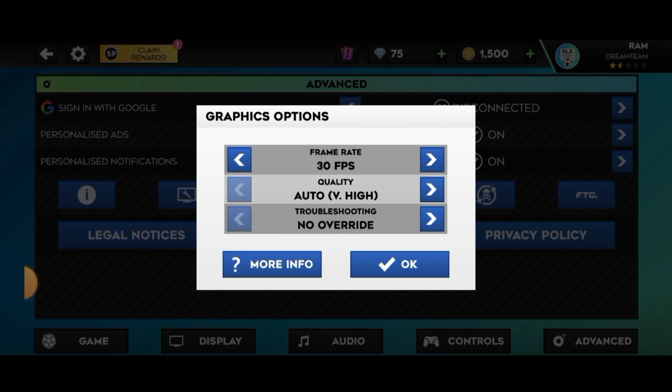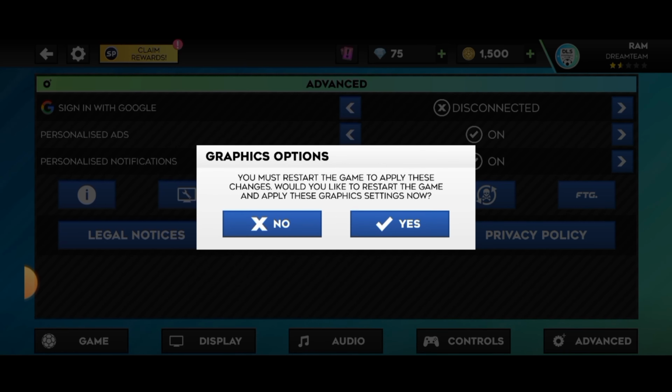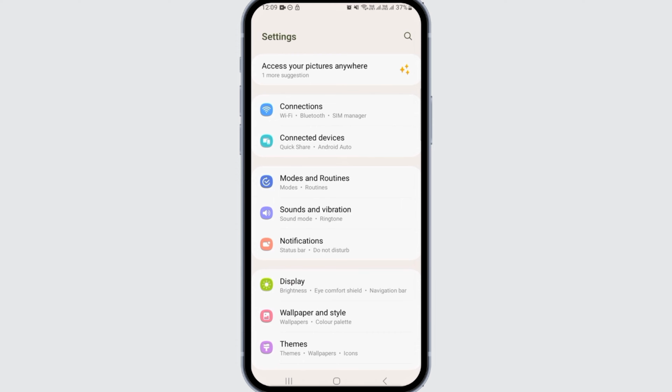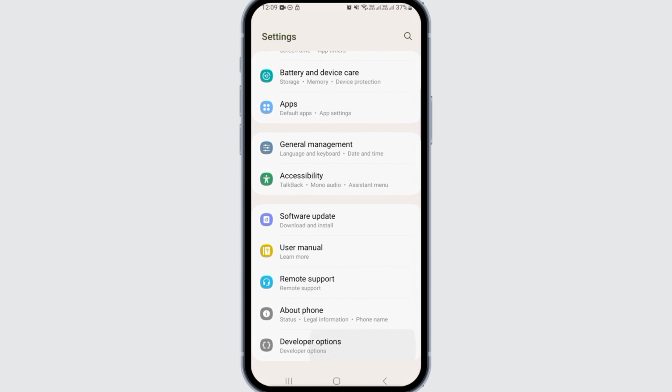Now tap on this icon right here. So here you want to set the frame rate to 60 FPS. Now change the quality to high. Once you do that, tap on OK. Then tap on Yes. Next thing you want to do is open up your settings and here look for developers